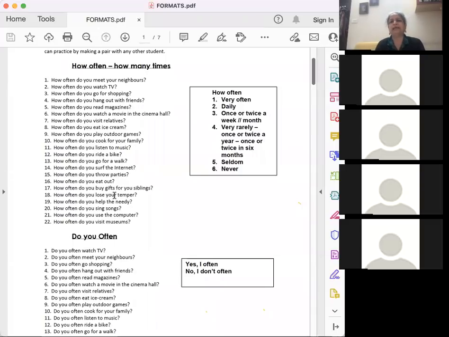अब देखो eat out के लिए अगर आप बाहर खाना खाते हो घर से, महीने में 2-3 बार तो वो वेरी ऑफन हो जाता है, पर अगर आप टीवी के लिए बोलोगे आई वॉच टीवी वेरी ऑफन 2 or 3 times a month, तो वो गलत हो जाएगा, बिकॉज टीवी के लिए महीने में 2-3 बार देखना इज वेरी रेयरली। ठीक है, तो आपको थोड़ा इंटेलिजेंटली आंसर्स देने, पर आंसर उतना सही है। हाउ ऑफन डू यू गो फॉर अ वॉक? बोलो